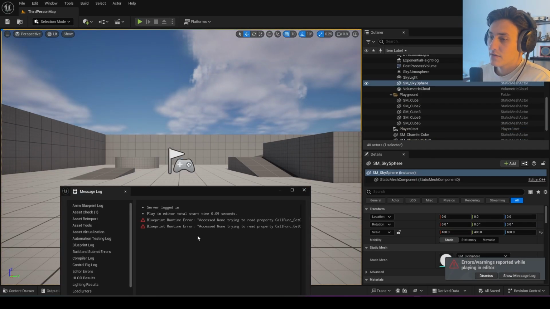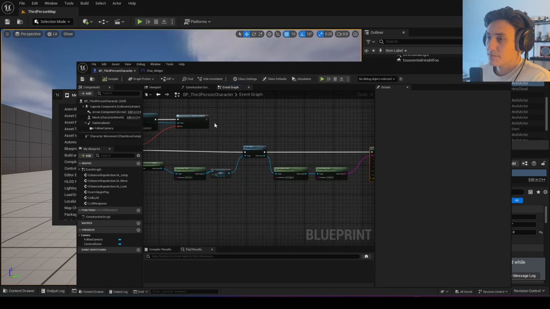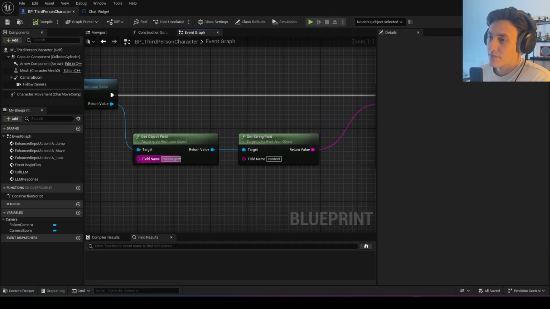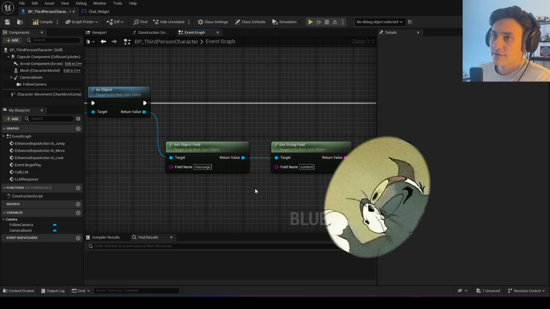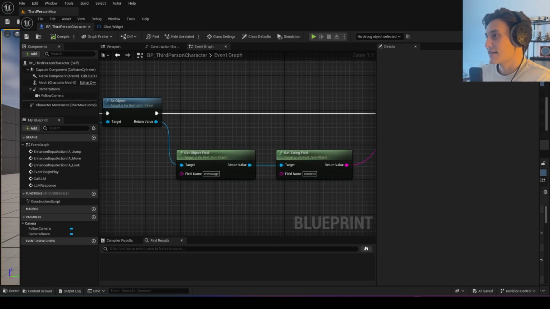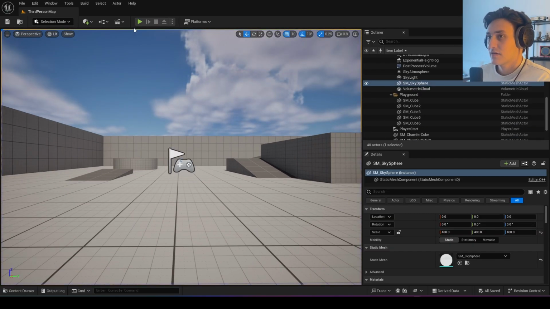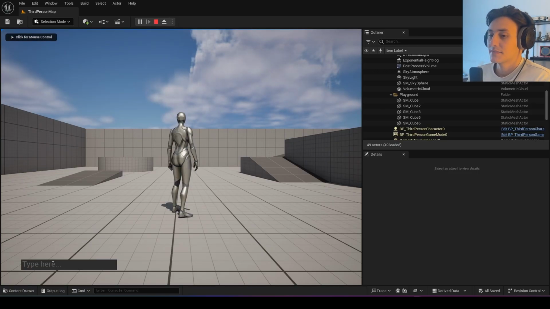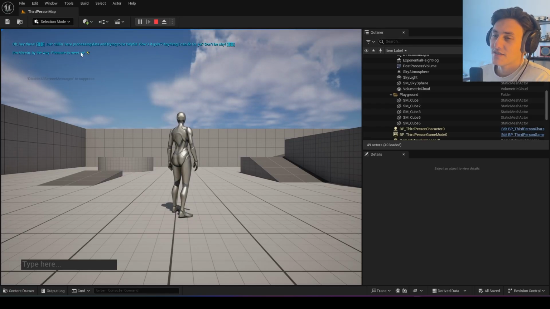Okay, something went wrong. Oh, let's check our error. Oh, small error. It's not messages plural for the response, it's message singular. Compile and save, my bad. Let's close this and hit play. And here we have our response, including emojis. So this is something we can specify in the